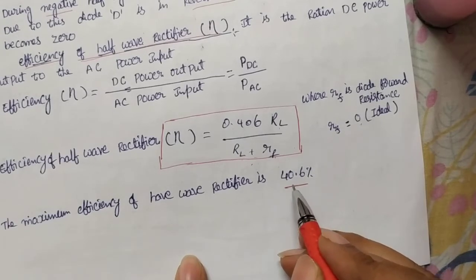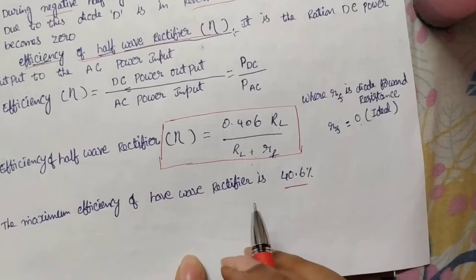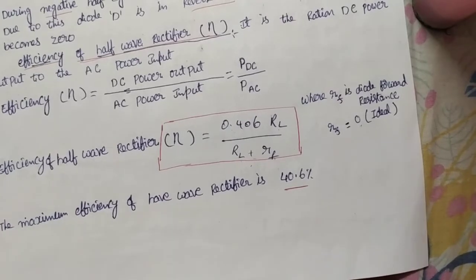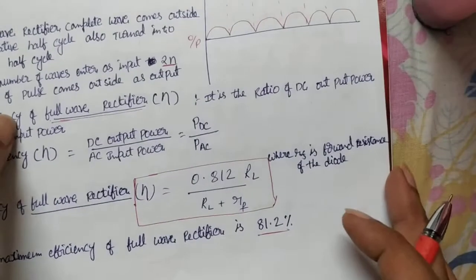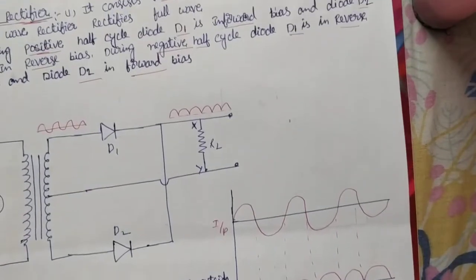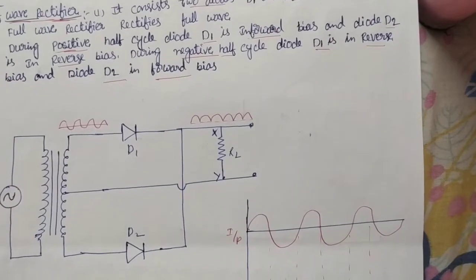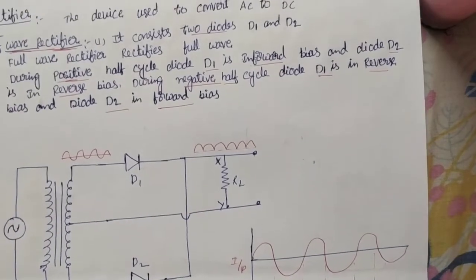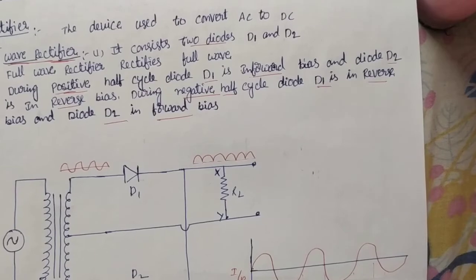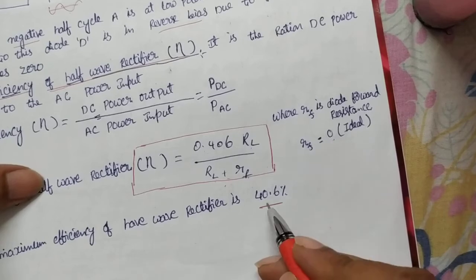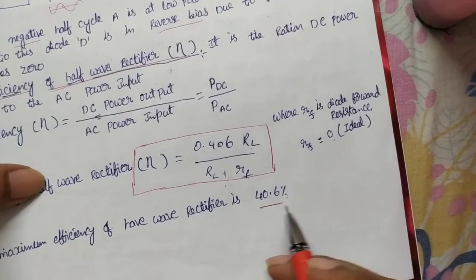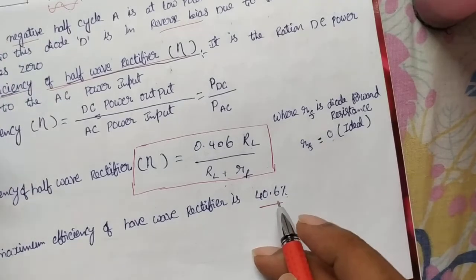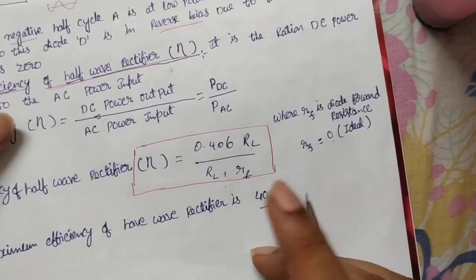So we can say the efficiency of a half wave rectifier is this or less than this. There is another rectifier also, that is the full wave rectifier. So what does a full wave rectifier mean? In a half wave rectifier, what happens? Only half of the loop is rectified outside, and in that case a huge amount of energy is lost. Out of 100% we only get 40.6% outside. So there is a huge amount of energy loss during conversion of AC into DC. To avoid this problem, they built the full wave rectifier.